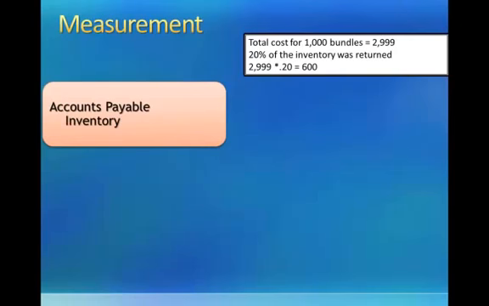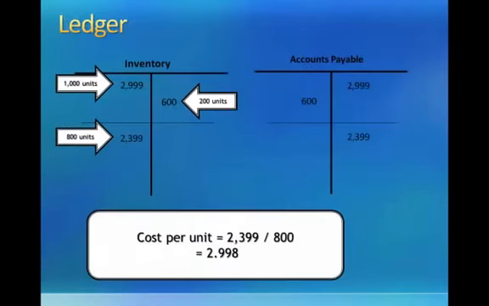We're rounding to the nearest dollar in this example. So accounts payable is debited for $600 and inventory is credited for $600. The next thing we'll look at are the inventory and account payable T accounts that represent our ledger. We see the 1,000 units that we purchased for $2,999, the 200 units that we returned for $600, which leaves us 800 units in inventory for